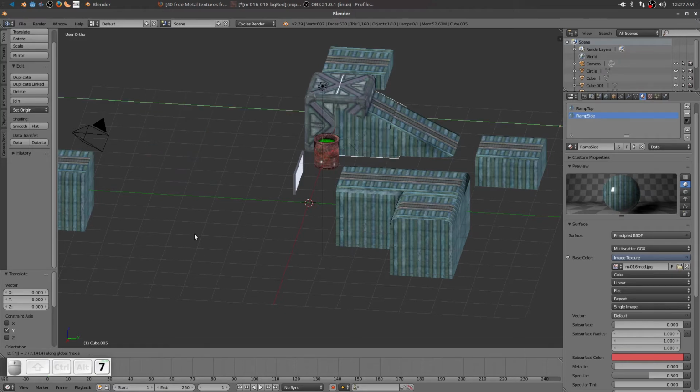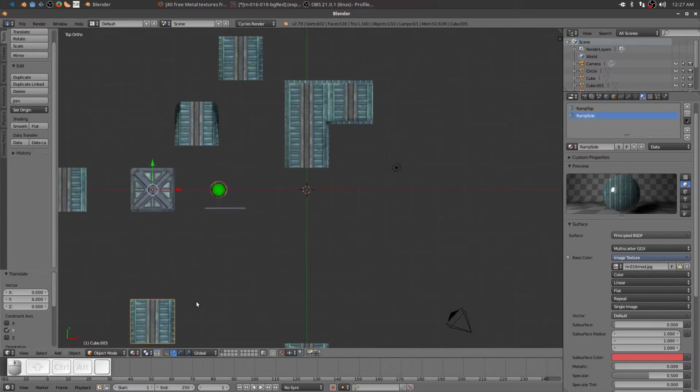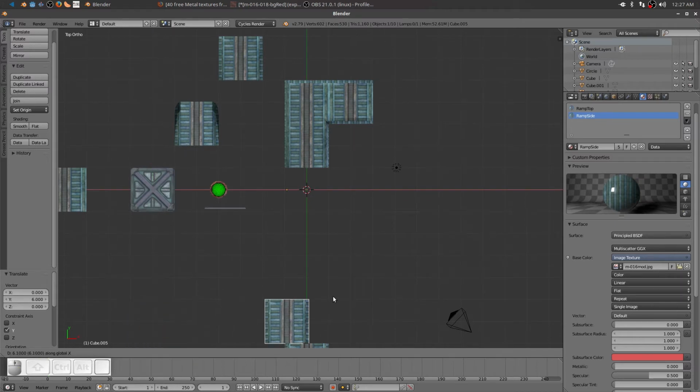Let's go into top view. Right click, reset it. Let's go into top view. G Y. Now let's G X. So I just want to bring it over, because chances are my origin is going right towards the center. Bring it over, puts it in the center, and then I go into edit mode,